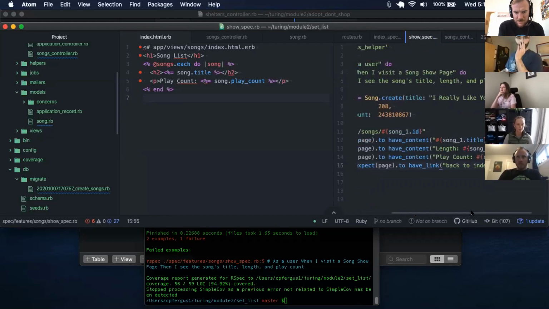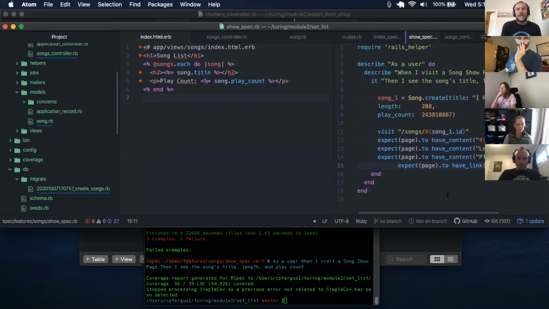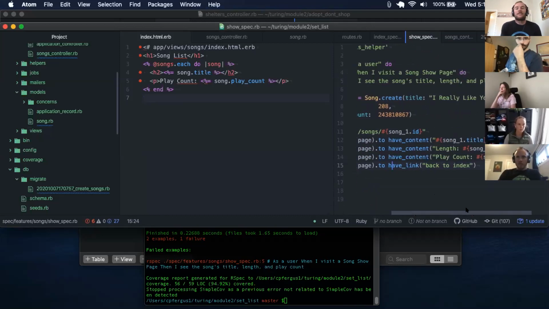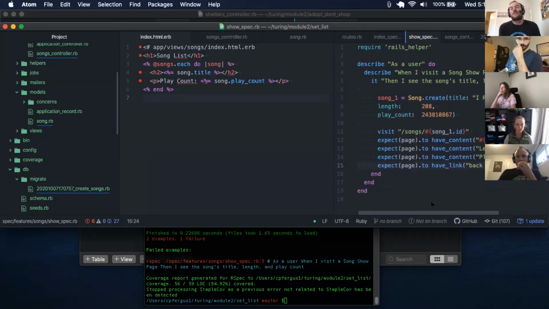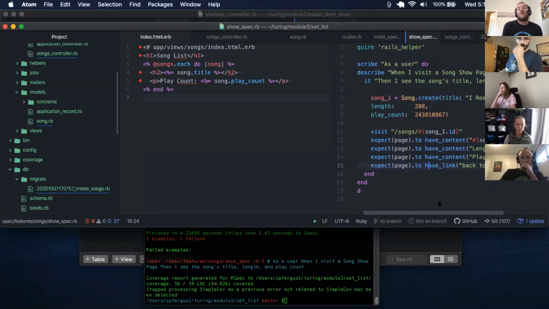And let's paste, yep. So this is how we would combine those, because we're already on that song show, right? And we expect to have a link back to the index. Now where it gets a little fuzzy is, I expect to have all these things on the screen. Now, if I want to add to this by taking some actions, like clicking on that back to index and then writing another expectation, like, hey, now I expect my path to be /songs,